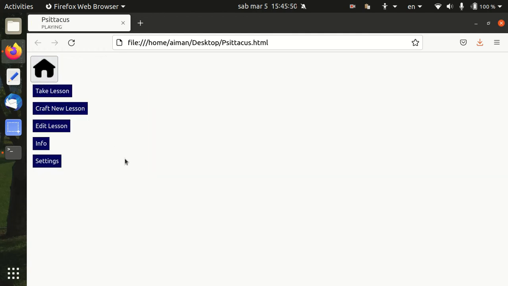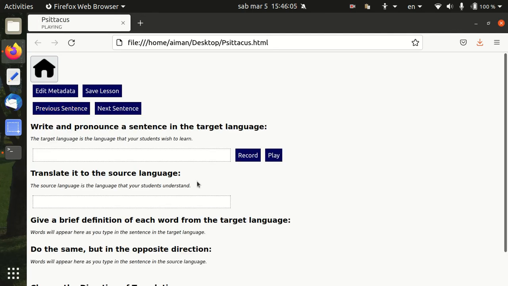So now on to crafting lessons. Well, there's two ways that you can do that. You can either create a brand new lesson or extend an already existing one, and I'll be demonstrating both ways. Suppose you want to start fresh. That's pretty easy. You can click on Craft New Lesson, and you'll be greeted with this interface where you can